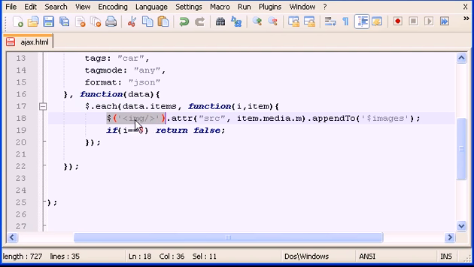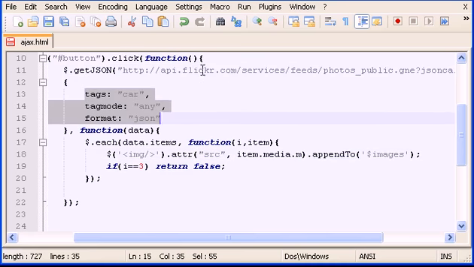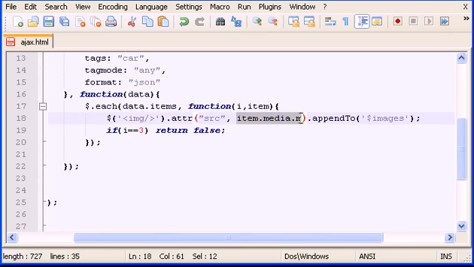Okay, so in here then what we do is grab the image attribute, okay, and source, comma, the source item.media.m. Item.media.m returns a source for each image. Okay, as you know, we are retrieving images. Okay, Flickr is all about images or pictures. So item.media.m is the URL or the source of that image. Okay, and then we append each different image to